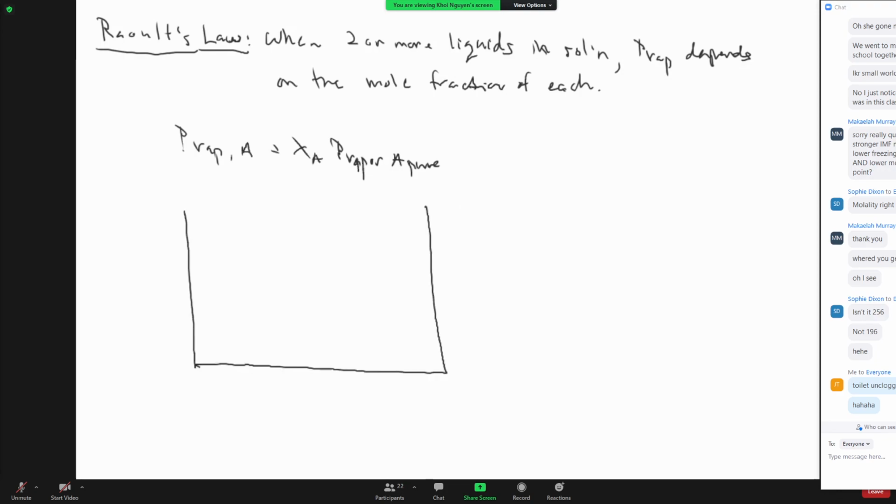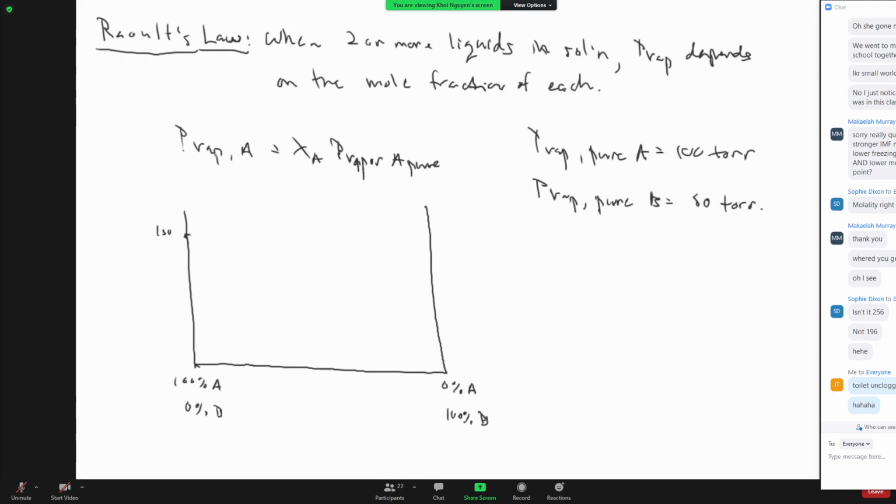So let's say on one side, we have 100% of pure A and 0% of pure B. And on the other side, we have 0% of A and 100% of B. So based on your initial conditions in each, let's say that P vap pure A is 100 torr and P vap pure B is 50 torr. So let's say this is 100 and half of that is 50. Okay. So they found a linear relationship